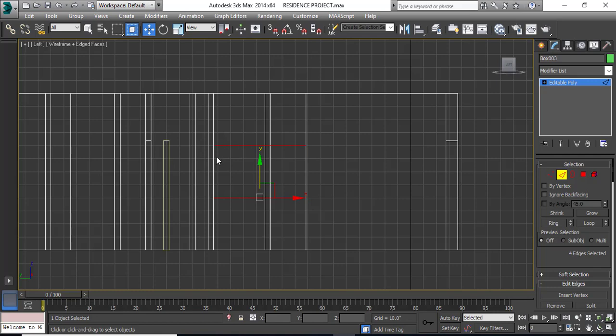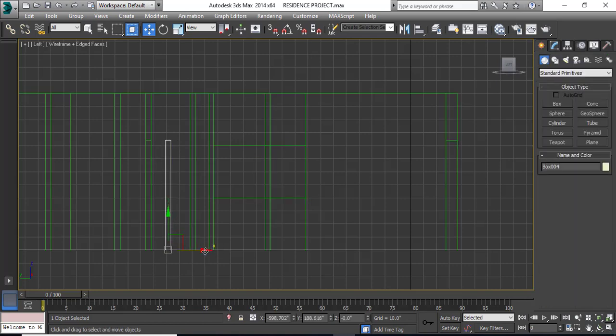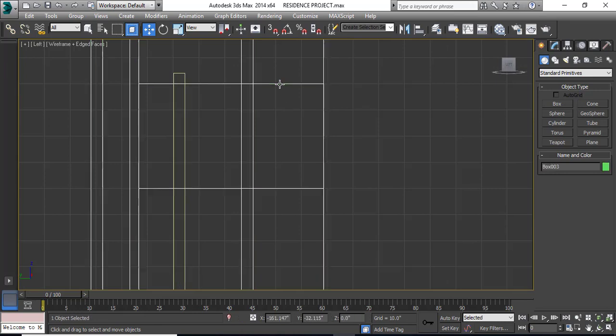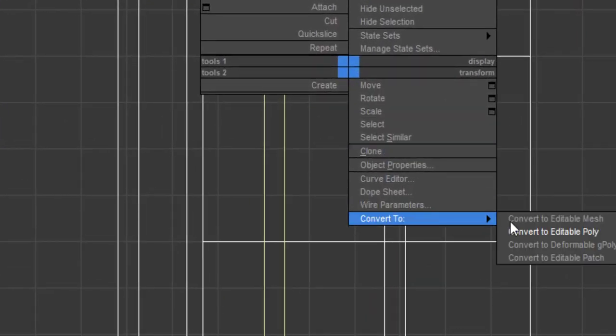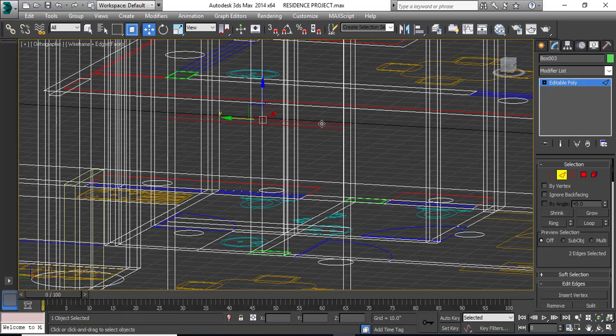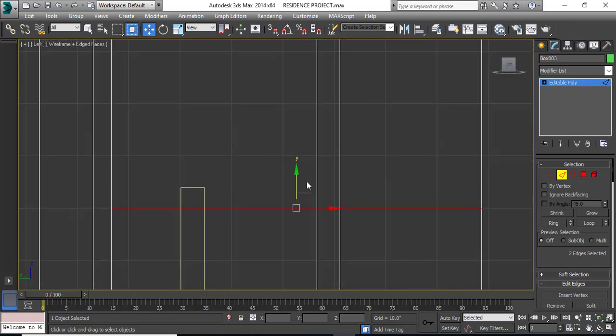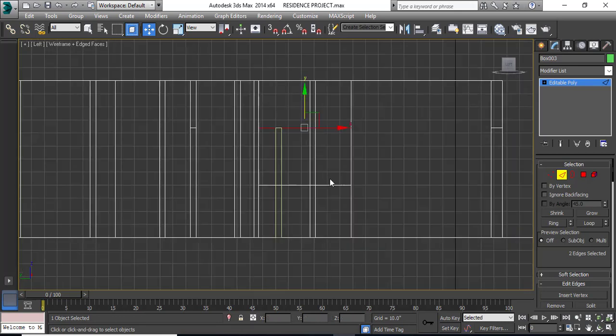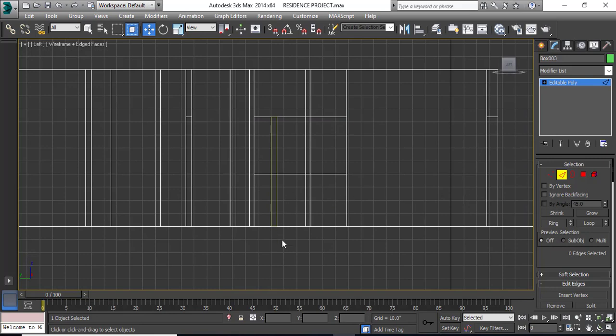Now since the height for the window, top height for the doors and windows will be same, I can use my same box that I have made for the top height of the window. I can simply drag that box and place it here in front of my window. Select your model, right click on it and again convert it into editable poly. Go to edges, select the top edge, go to the left view again and simply drag and place it there. Now come out of it,